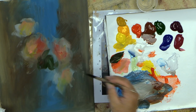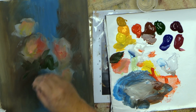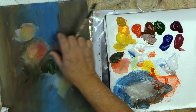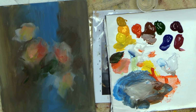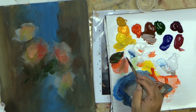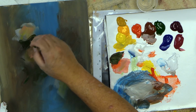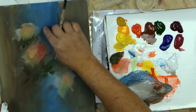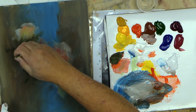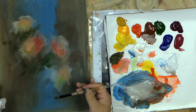I'm going to manipulate some of the background colors up through here. And I want these to work into the edges of the flower. Since I'm painting Alla Prima, wet into wet, I'm going to keep building everything here wet, like this. Now, if you play around for an hour here, it's going to dry on you because I'm not adding that much. As a matter of fact, you haven't seen me add too much more since I started. So I control,